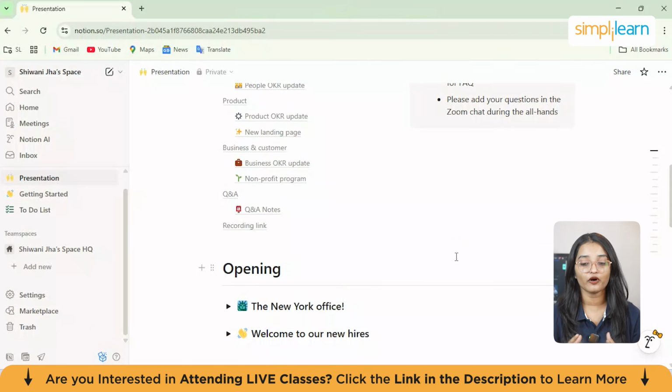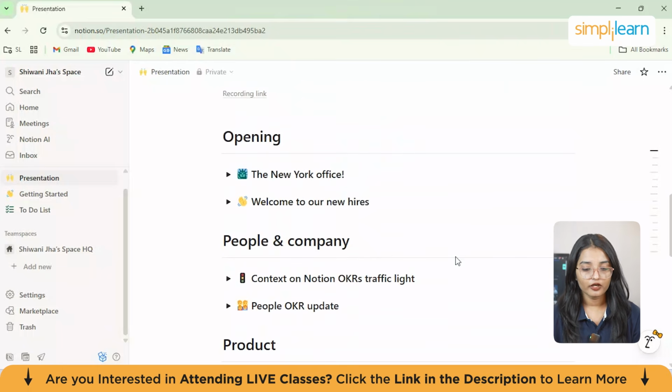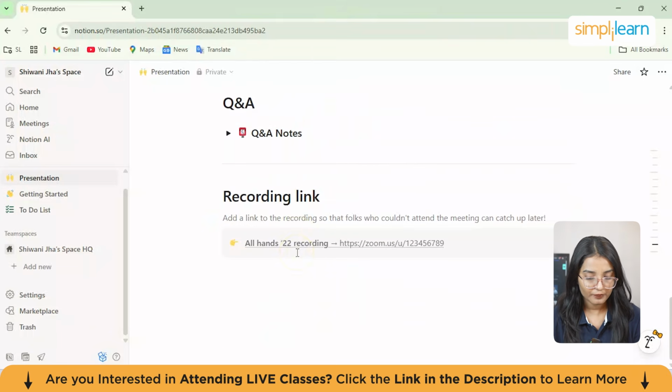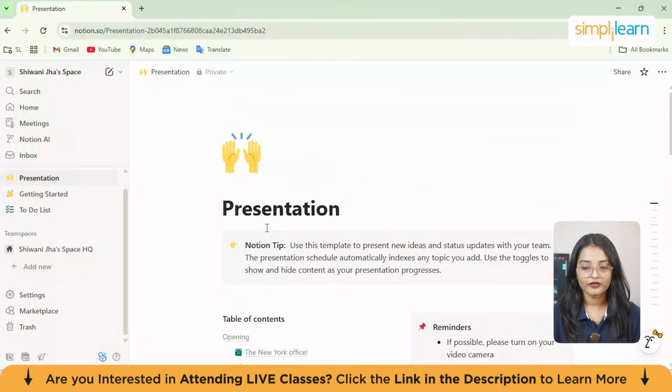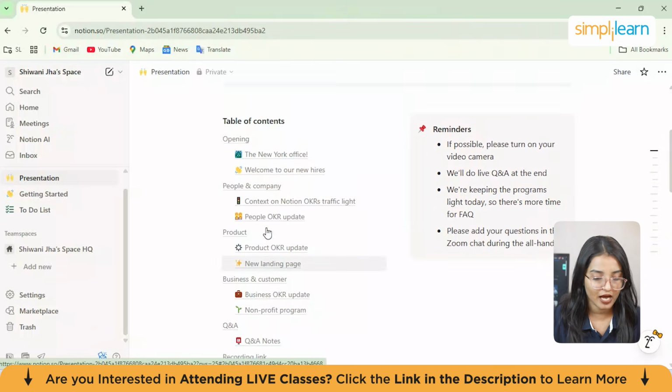You can have all your meeting schedules, any document which you want, in a structured format. You can use Notion for this purpose. Then you've got openings, people, company working here. So they're basically sub pages and multiple pages connected here. And you also have a recording link as well. So you get overall whatever documentation you want to present. You can have it all ready using this Notion app.